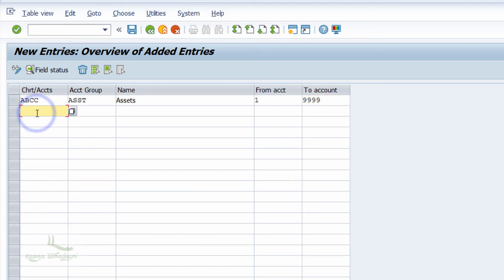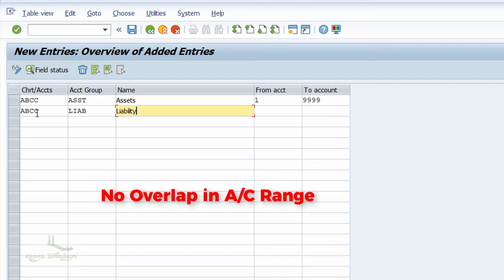Now, make another entry for liability. Type the chart of accounts. I'll give the account group code as LIAB and the description as liability. For the range, you have to make sure that there is no overlapping of account range. It is very important, guys.